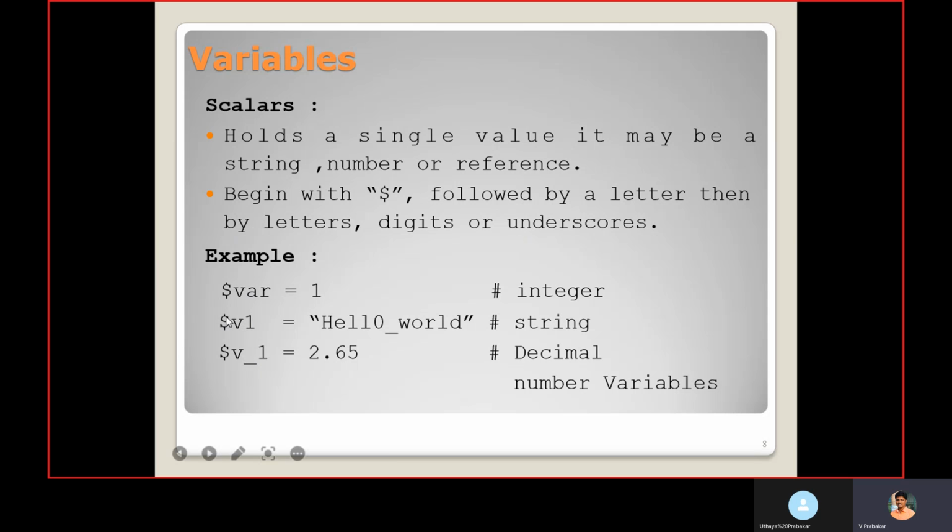You are not supposed to use $1 or dollar underscore directly like this. First you have to give a letter, and then you can use digits if you want, or underscore. So inside this, we can store any scalar values, strings, or decimals.